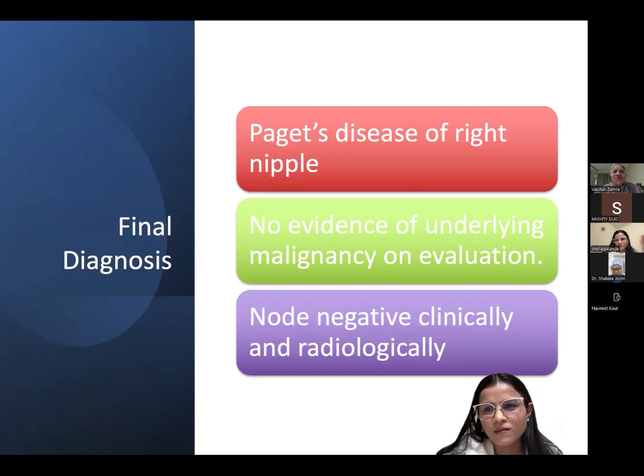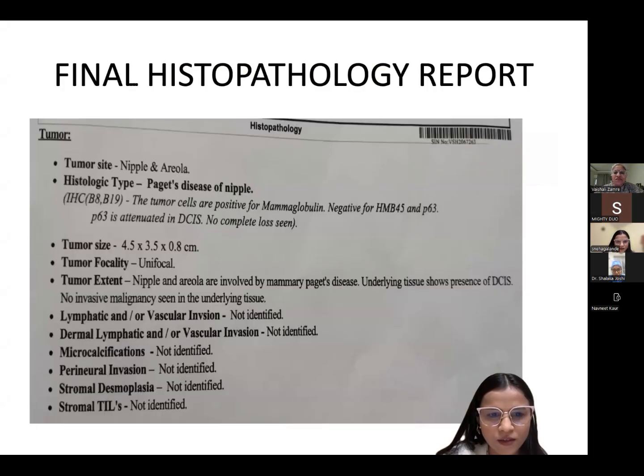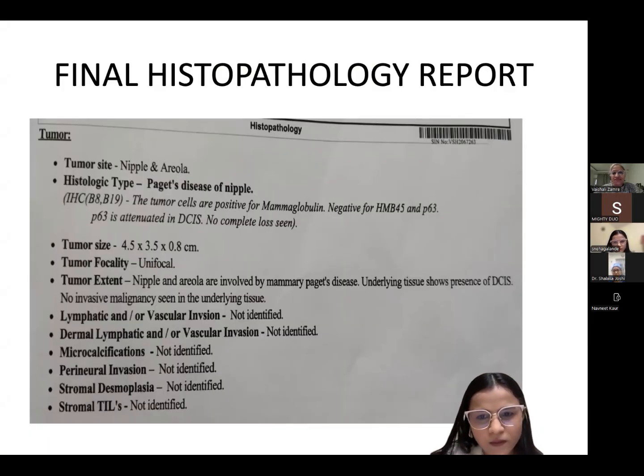Even with the workup, what was the final extent of disease that was documented? I'll show the final histopathology report. So this is our final histopathology report. Before you plan surgery, as Dr. Vishali said, we would be discussing management in subsequent meetings. But with this kind of presentation and these reports, what is the extent of disease that you are able to clinically ascertain? That this involves only the NSE, there is no involvement of breast tissue, or there is a need to